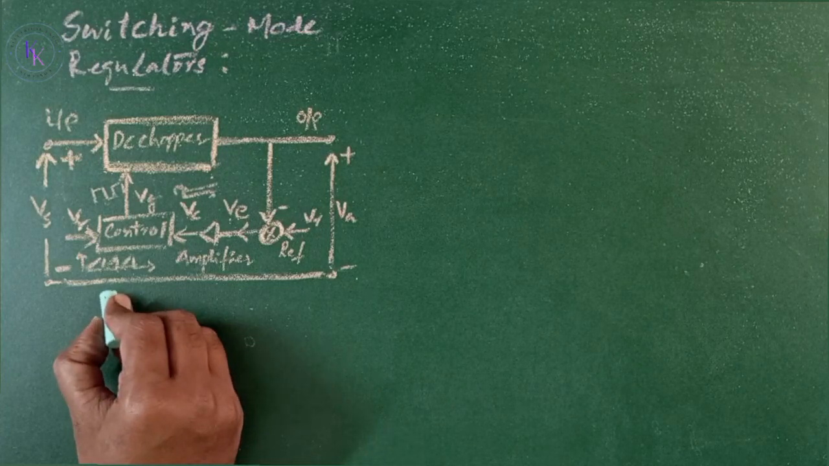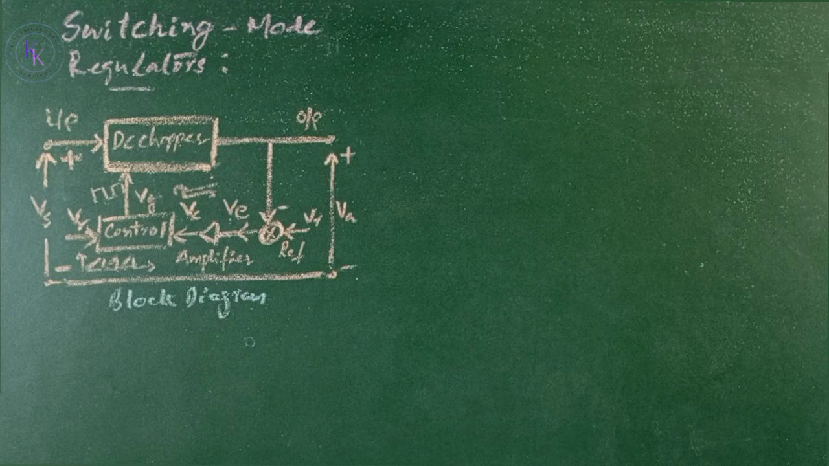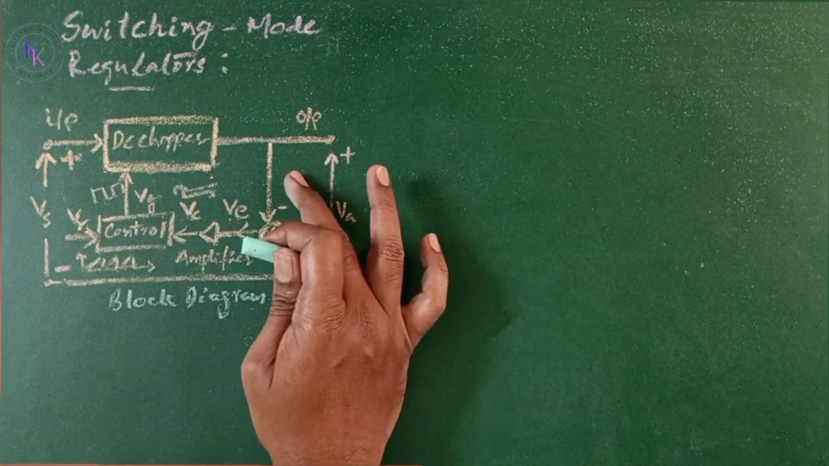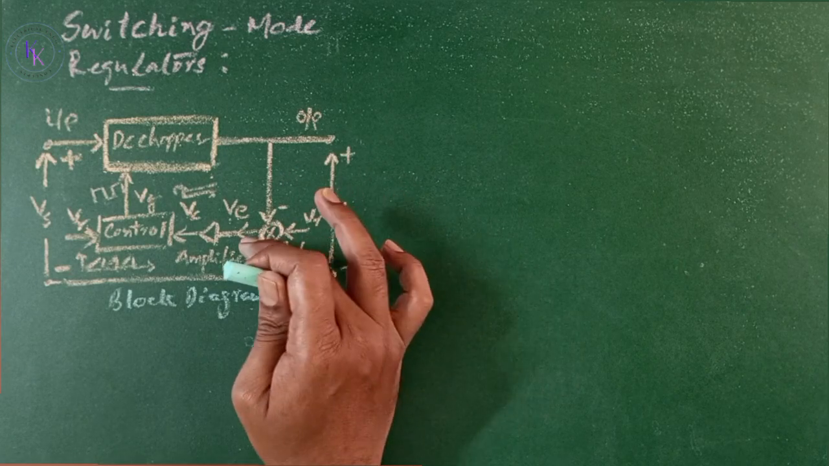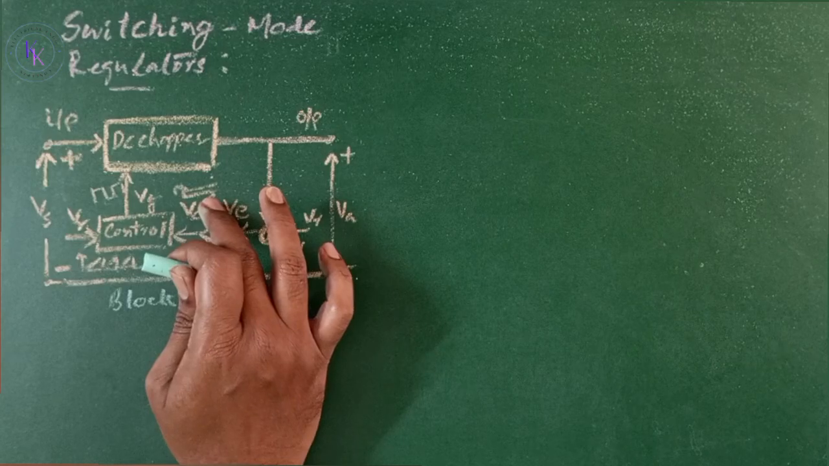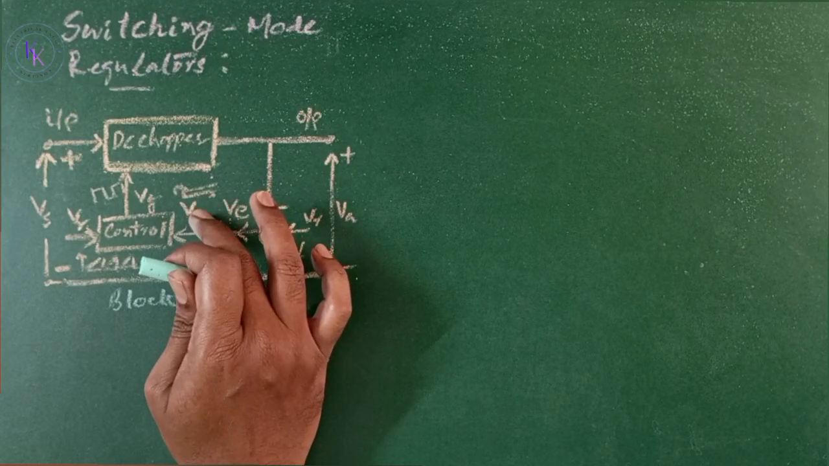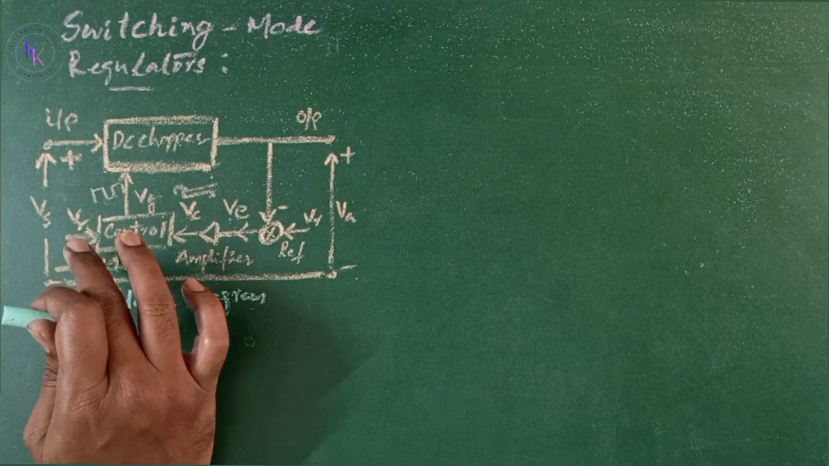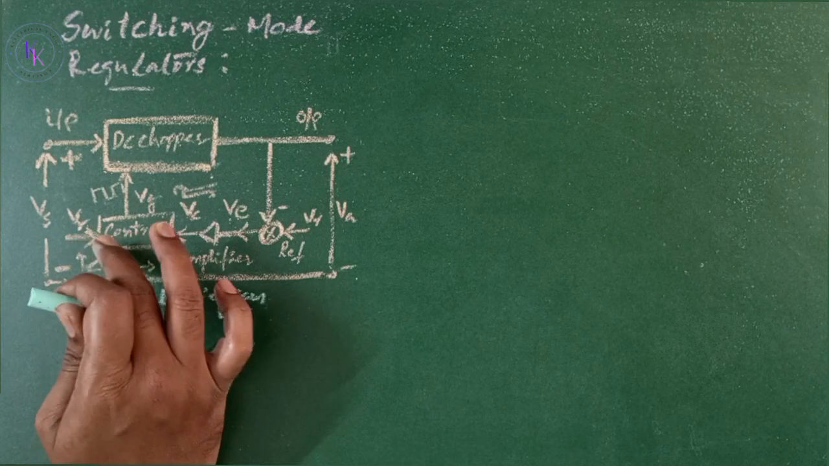This is the block diagram which shows all the elements to make a switching mode regulator. When you compare the output voltage with the reference voltage, you will get some error voltage that should be amplified to get the control voltage. And this control voltage VC can be compared with the sawtooth voltage VR to generate the PWM control signal for the